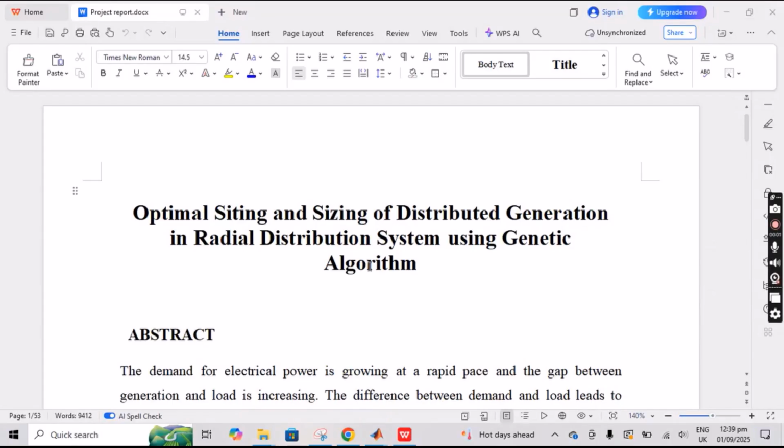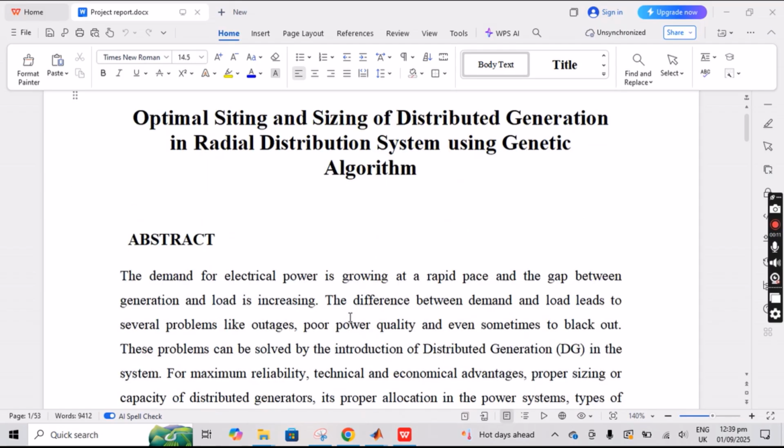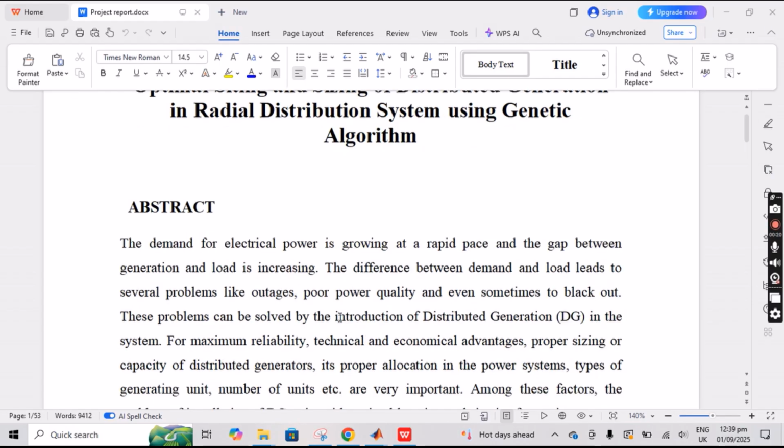In radial distribution systems using the genetic algorithm. So in this system, basically we need to develop... I have developed the complete distributed generation of the power used in different stations, grid stations, like